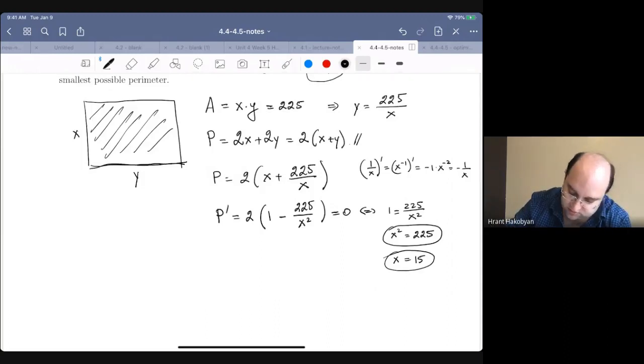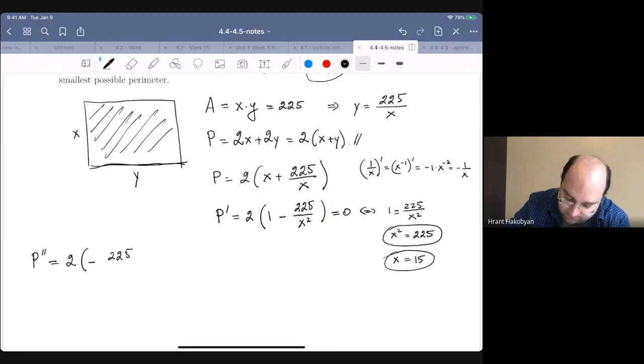So let's do the second derivative test. So p double prime is going to be the derivative of this expression here. So that's going to be equal to 2 times, well, the derivative of 1 is not going to be there, so it's going to be negative